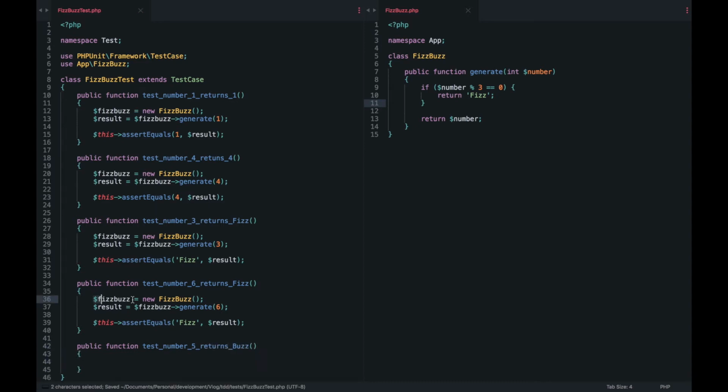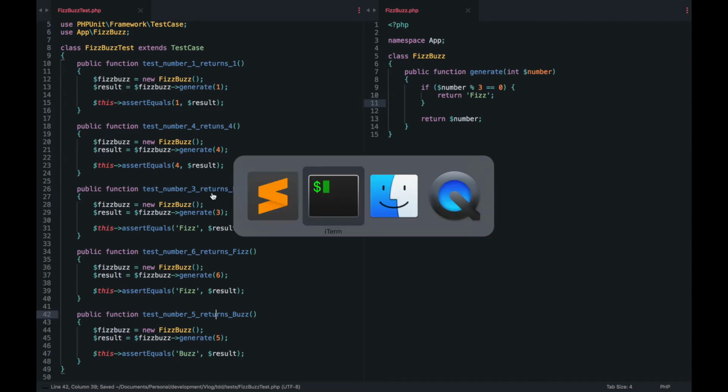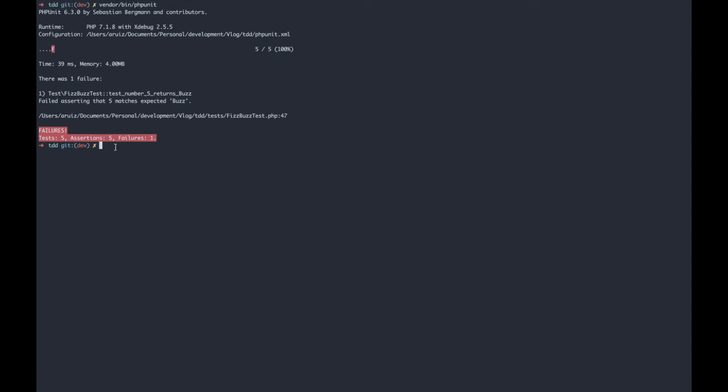Okay, again, copy paste, and let's input 5, and let's say it's going to be expecting pass. So we input 5, and this class needs to return to us a pass. Let's run the test to verify we are in red, and yes, we are.